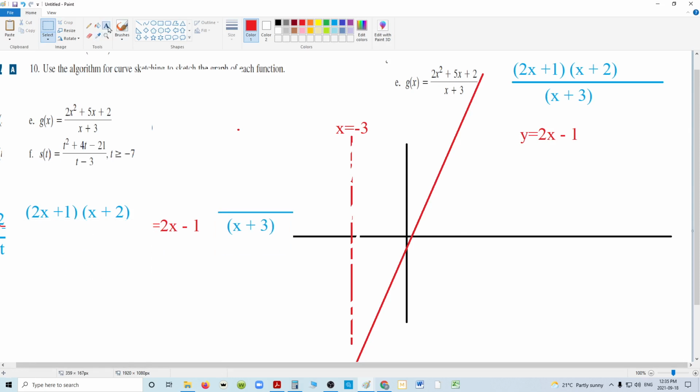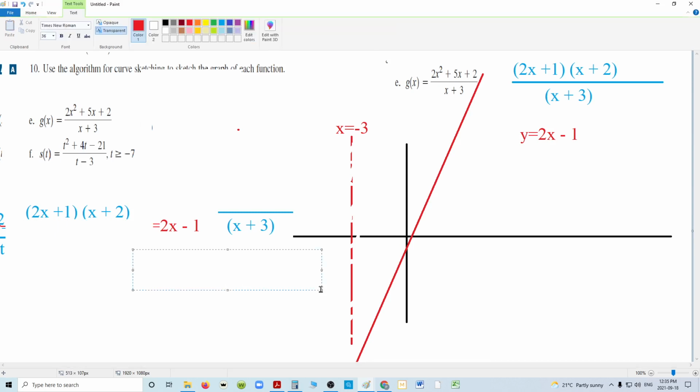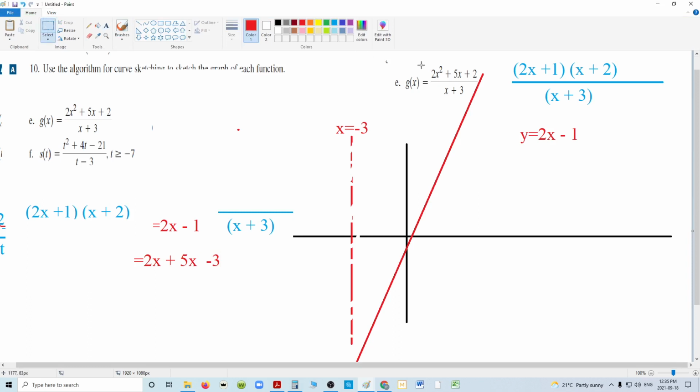We get on the right side, when we expand it, 2x squared plus 6x minus x minus 3. Well, we already know the expansion on the left side is very much the same, which means when I subtract to the other side, they'll just cancel each other out. And I'm left with 2 is equal to minus 3, which we know makes no sense, which means it never crosses that